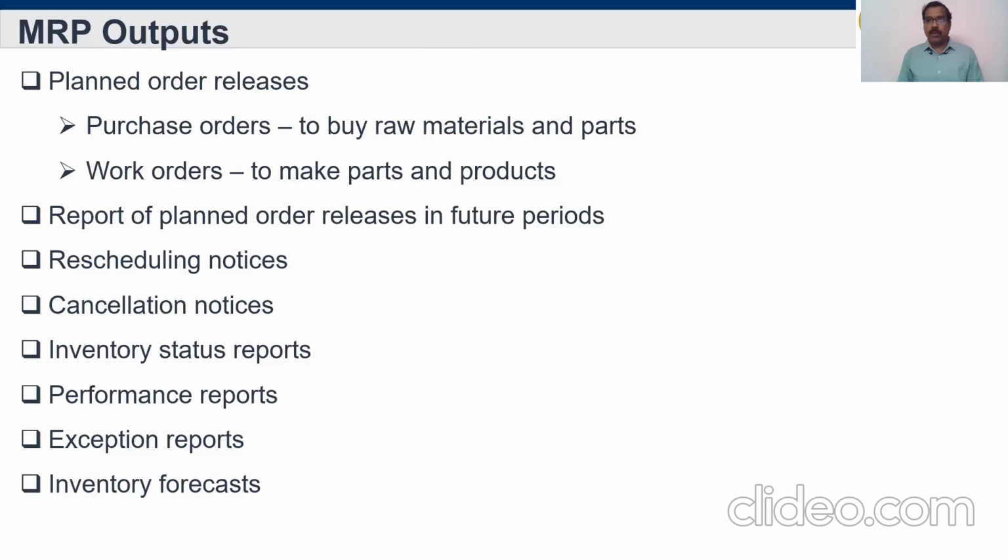Then inventory status report. What is there in our industry? How much are we storing inside our industry, the inventory level? Okay, performance report. How the machines are running, how the operators are running, whether they are working 8 hours or less, they can understand. And inventory forecast also. Futuristically, how much they need to buy, according to the demand of the customer, something they have to plan here. Whether we have enough materials inside our inventory or not, they should understand and place the order for that. Okay, these are all the things that come under MRP outputs.